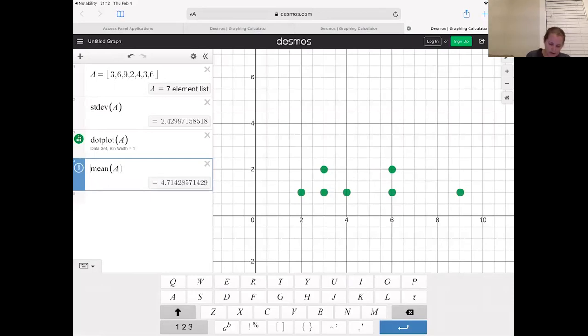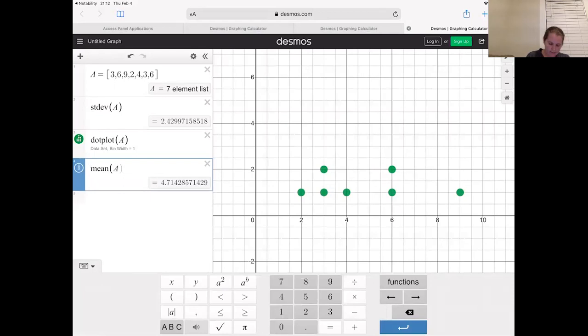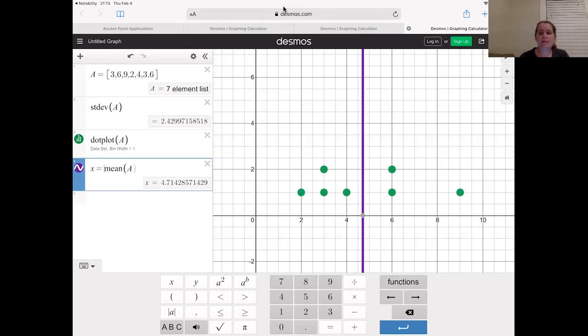So I'm going to draw a line at that mean, and then we can go ahead and denote our standard deviation of 2.4 approximately. So the mean is at 4.7. If we drop by 2.4,